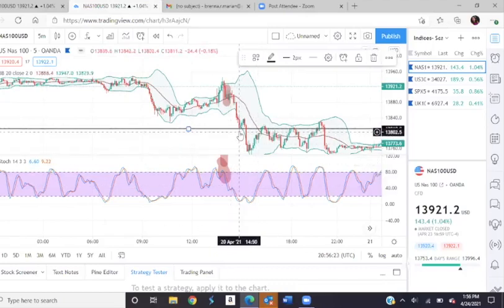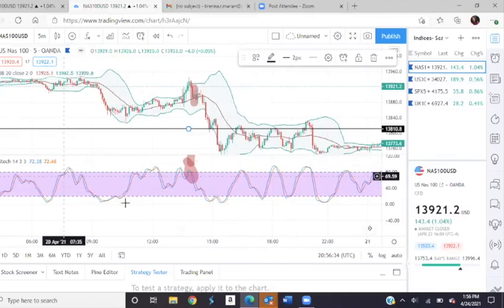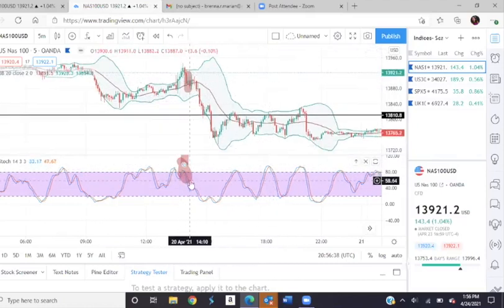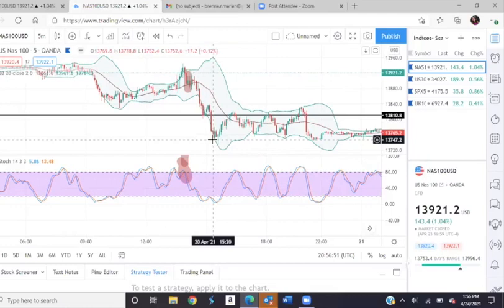But because price has broken out of the Bollinger Band, those of us who have been on the class before, I'll talk about Bollinger Bands in a second, we know with Bollinger Bands that price is probably going to continue down once it's broken out of a Bollinger Band. So on the stochastic, we see that price continued as price broke out of this Bollinger. On the stochastic, price continued down and out and over into oversold conditions. When price is rejecting the Bollinger Band, what do